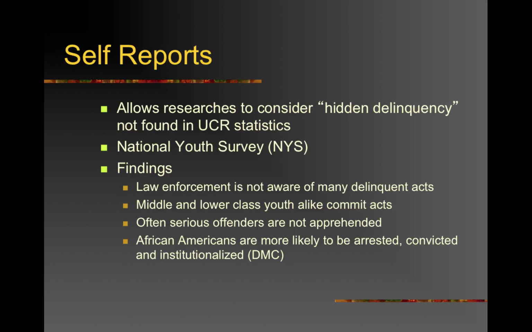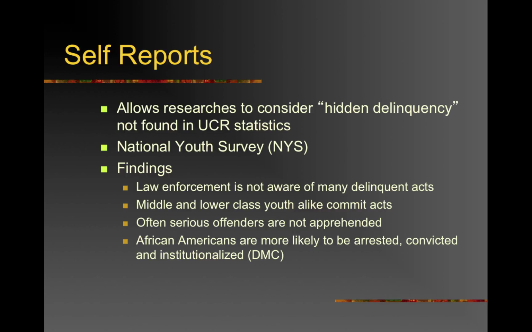One data set was developed by a researcher named Del Elliott, and he started collecting data back in the 70s. This is called the National Youth Survey. With its long span of information, what is known as a longitudinal study, over a long period of time, we can see that there are some trends regarding changes of the rates of offenses. What self-reporting studies indicate is that law enforcement is not aware of many of the delinquent acts that are occurring. It tells us also that lower-class youth are not the only ones that are committing offenses, that middle-class youth are just as likely to be offenders, but that their offenses are being dealt with differently. We also know that many of these serious offenders are not being